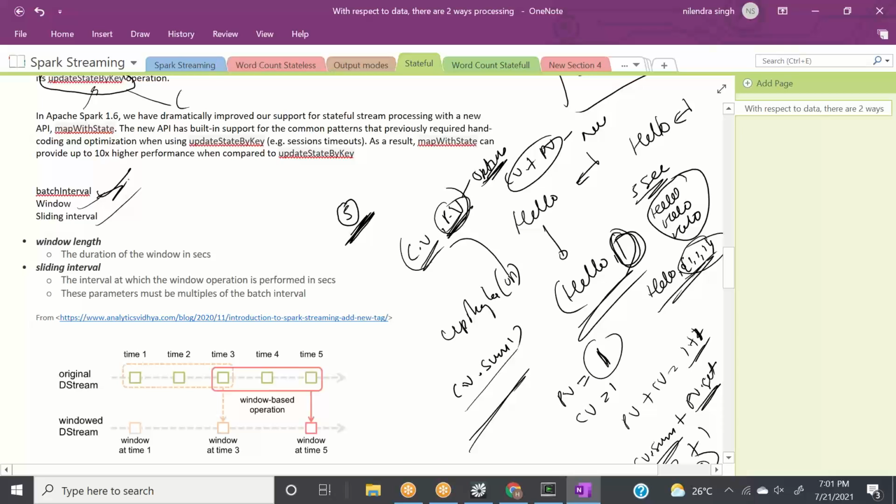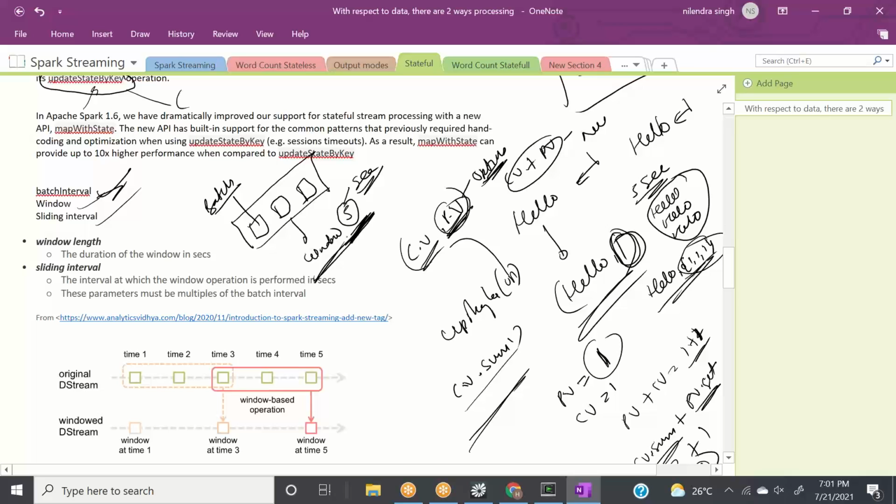Now coming to the window length. Window length is the duration of the window in seconds. Let's say our batch interval is 5 seconds and we want to create a window of 3 batches. So the first batch, second batch, and third batch will create one window for us. This is our batch, and this is our window.